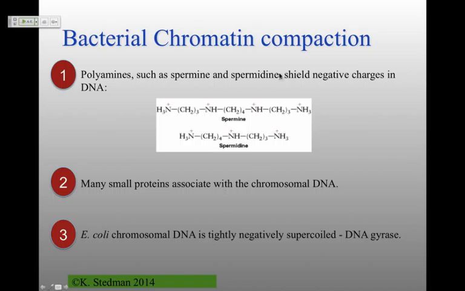And so the polyamines, particularly spermine and spermidine, are those which are used particularly in bacteria, but also in eukaryotic cells for this. Then there are lots of small proteins, and we'll look at some of those small proteins a little bit later on in terms of what they're doing and how they're compacting the bacterial DNA. And it turns out a lot of these things are doing it in a very similar way to eukaryotic DNA. Bacterial DNA is a lot smaller. It's easier to work with. The genetics are better, et cetera. And then finally, and we've talked about this before,